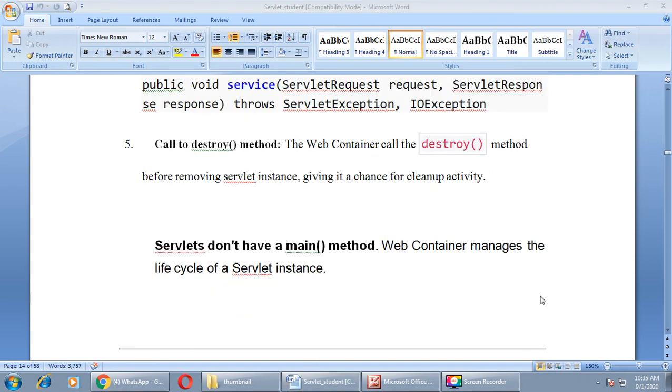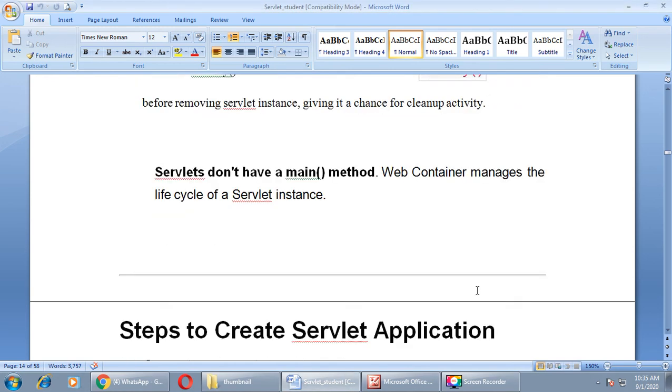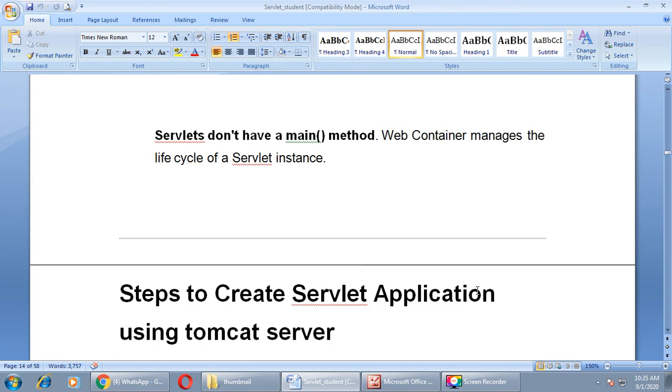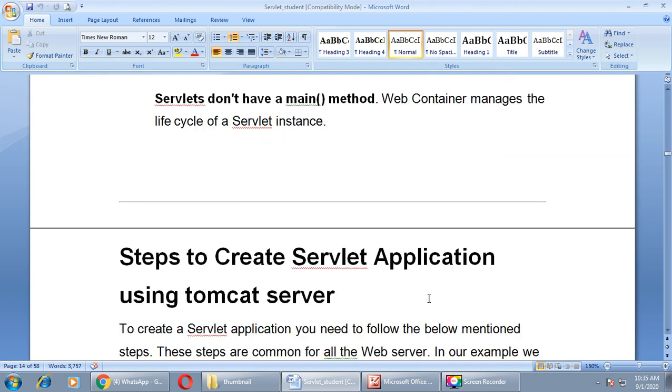So this is all about the servlet theory, servlet life cycle, right? Now in the next step we will learn how to create a servlet. Here we'll see the steps to create a servlet application using the Tomcat server. You can create a servlet application through Tomcat server, as well as you can use any editor like Eclipse or NetBeans for creating your application, right?